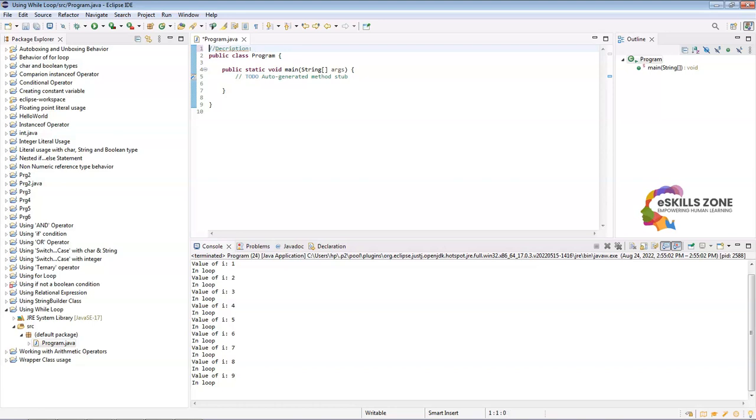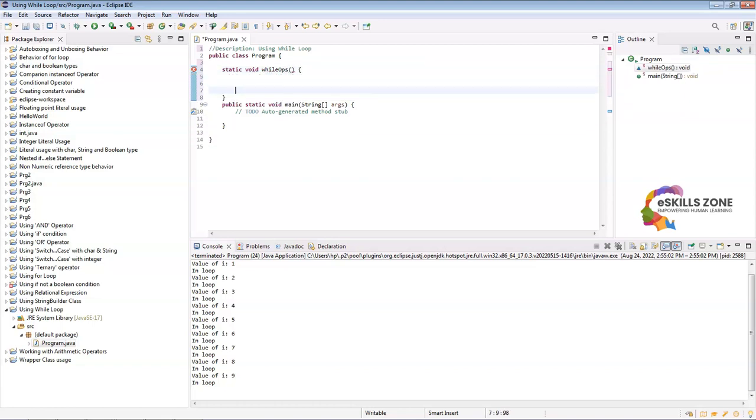Here we will type using while loop, and under the public class program we will type static void whileOps, the name of the method, parentheses, and then braces, and under this structure we will type int i = 0, and